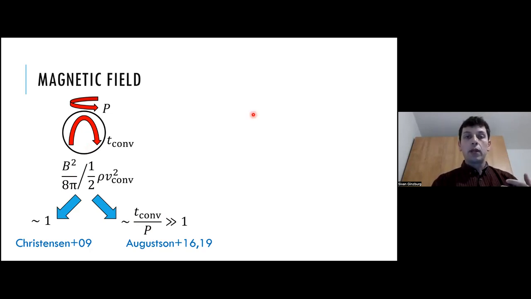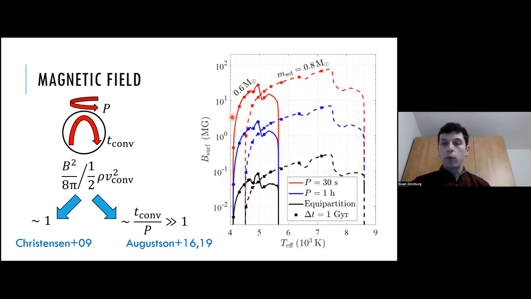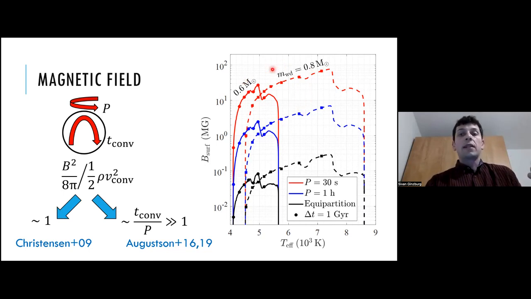And we tested both of these possible dynamo scaling laws over here. So here we plot the magnetic field in megagauss as a function of the effective temperature. And the bottom lines here, the black lines at the bottom, these assume equipartition. And this would give us fields of order 0.1 megagauss. But if you now assume the super equipartition scaling, this one, then you can see that we can get stronger fields as a function of rotation. So these are the blue and the red lines. You can get to several megagauss and even up to about 100 megagauss, depending on how fast the white dwarf